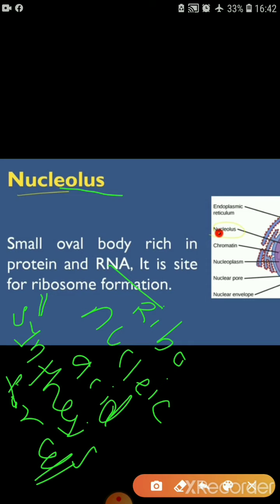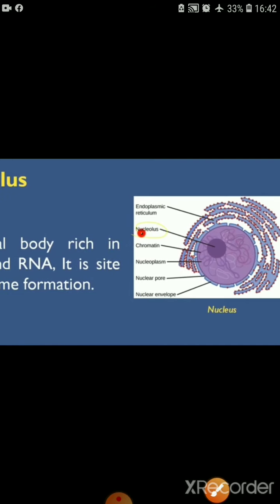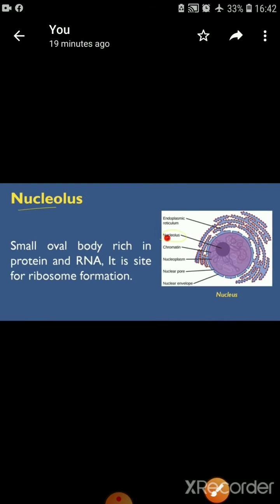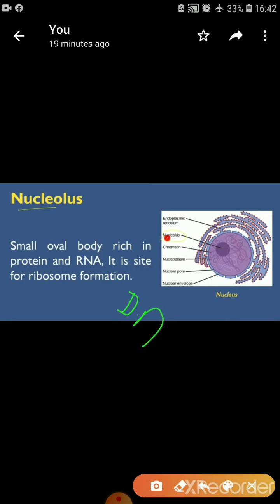And what is the RNA? This type of body which we talked about, this dark purple body, has protein and RNA. RNA means ribonucleic acid, which has genetic material. Generally, there are two types of genetic material, DNA and RNA.